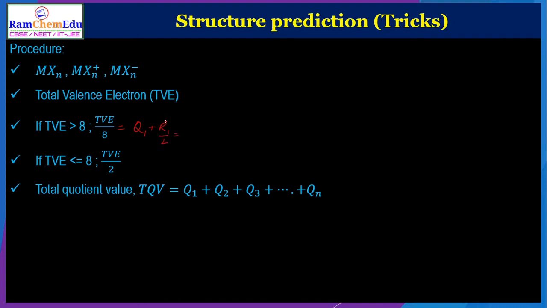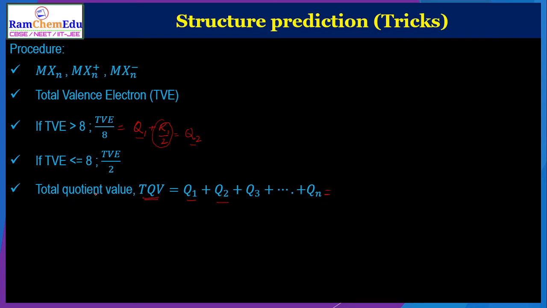Then you will get some value for this term. I can consider this as quotient 2. So this is the way you have to do it. Whenever you get a remainder, you have to repeat it again and again until you get a zero remainder. So now I have quotient 1 and quotient 2. This is the way I have to add quotient 1 and quotient 2. Whenever you have some more remainder here, again you have to divide that by 2. Like that you have to proceed. So you have to add all the quotient values so that you will get the total quotient value, which is equal to some number.